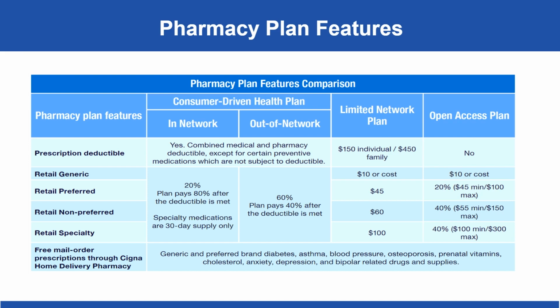90-day prescriptions have a higher copayment or coinsurance than 30-day prescriptions. Specialty drugs in the limited network and open access plans are only available as 30-day prescriptions. You can save money on your 90-day prescriptions by choosing Cigna Express Scripts. You'll pay just 2.5 times your retail copay for a 90-day prescription, which can save several $100s a year depending